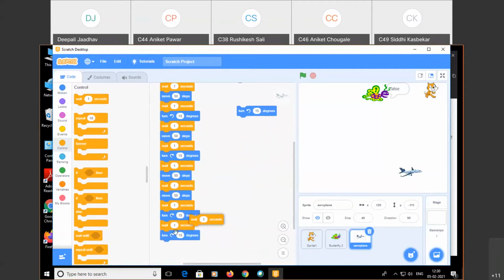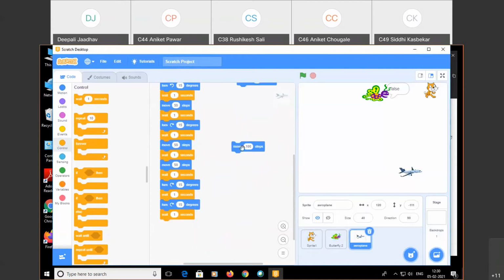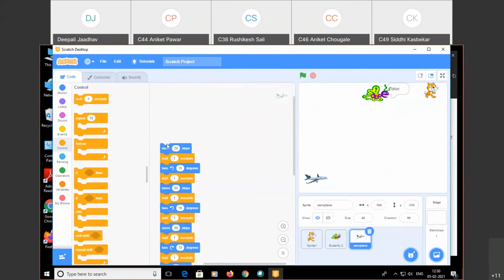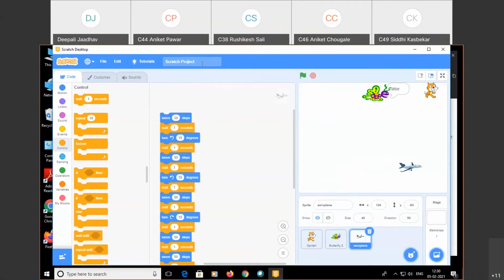Turn, wait, wait for 1 second, and now see here. I put it here as it is previously, the starting position. Okay, so in this way, I have shown you here a simple animation.